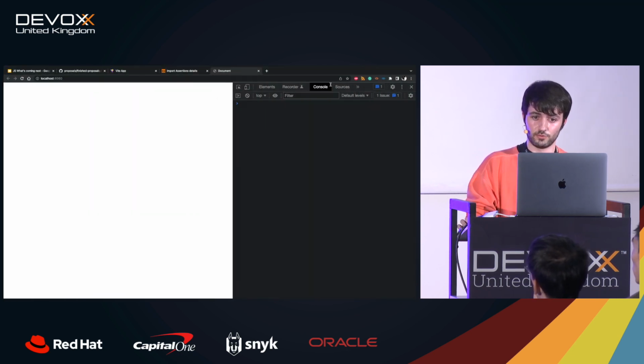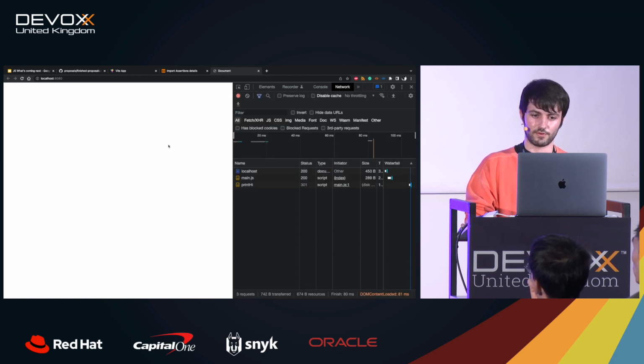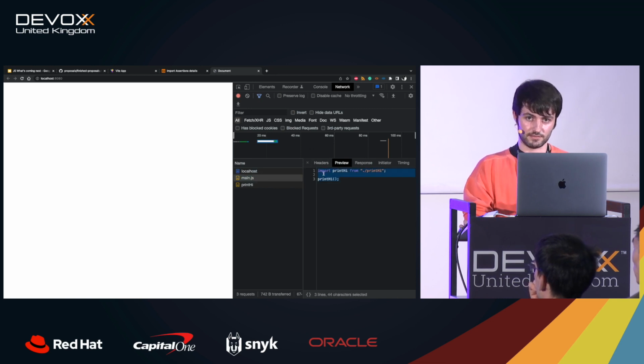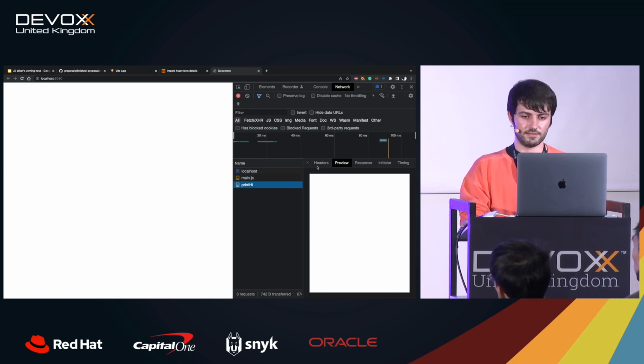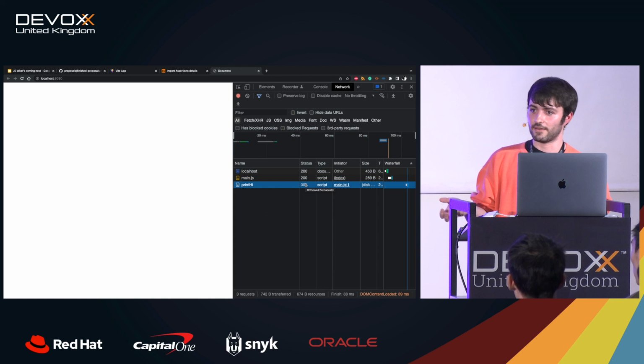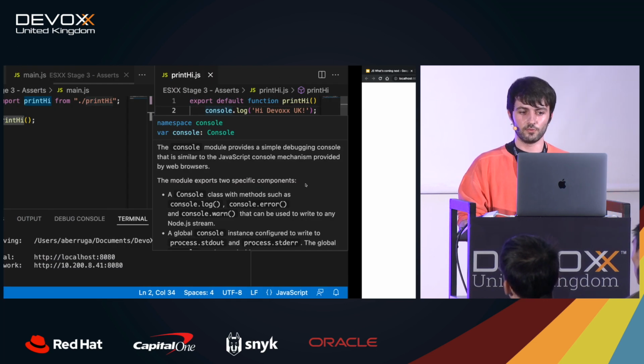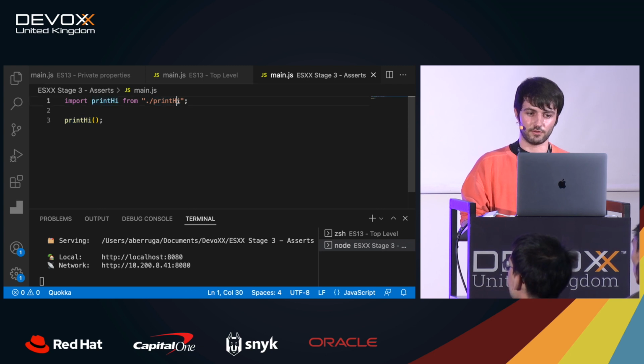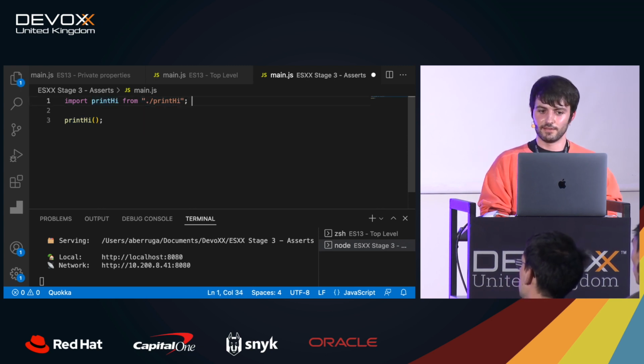If we go to the network tab and refresh the page, you will see how main.js is being loaded, and this is the right module, right? But printHi is actually returning a 301, right? When we use bundlers, the good thing is that they have access to the file system. So if you have something in your code like import printHi from printHi, then basically the bundler, Webpack, will do: okay, is there any TypeScript file printHi.ts? No? Okay, is there any JSX? No? Is there JS? Ah, okay, found it. Okay, then this means that this is printHi.js, right?